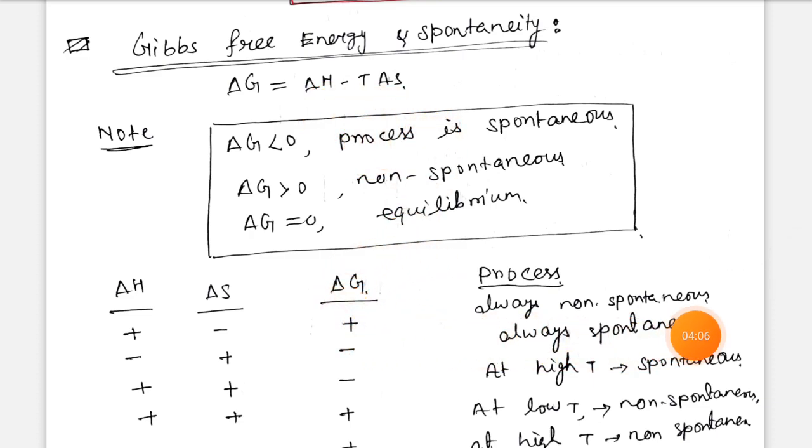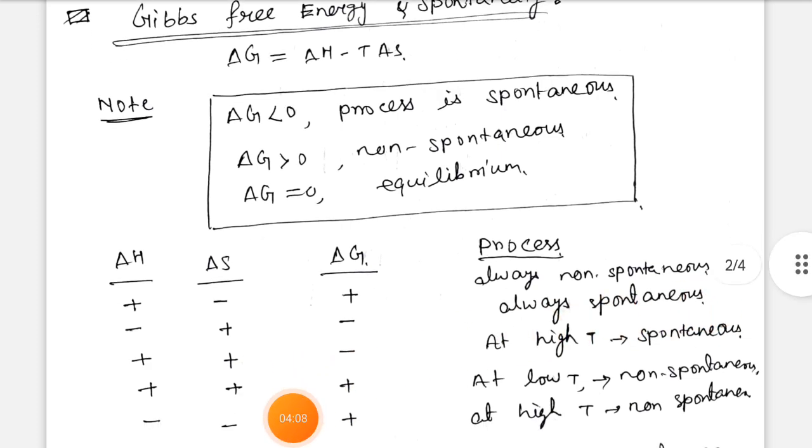So always it is a non-spontaneous process. Next, if we take delta H negative and delta S positive, then delta G is negative, so it is always a spontaneous process. Next, if we take delta H positive and delta S positive, then delta G is negative